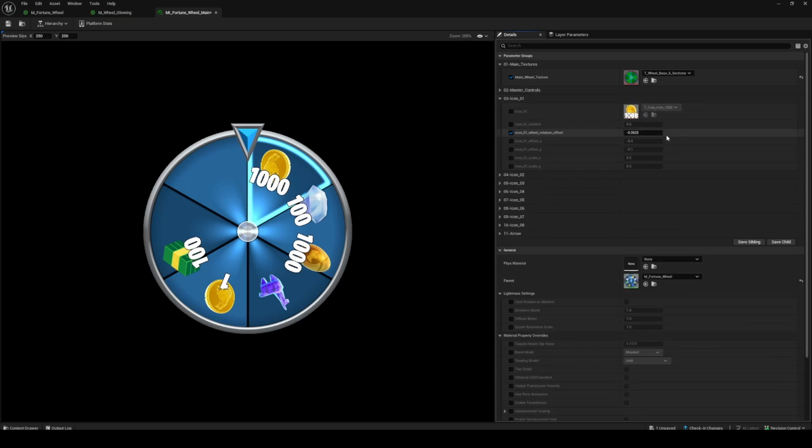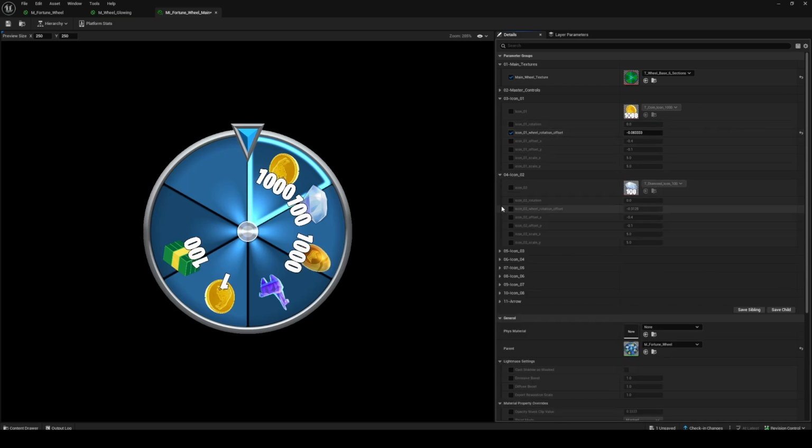So it takes a tiny bit of math, but what we can do is we can go 1 divided by 6, and then go divide that by 2, and now you see we want to go in the negative as well, sorry. So it would be, let me start again, it would be negative 1 divided by 6 divided by 2, and now we have this icon 0 or this icon 1 in the first slot, and then we can copy this value